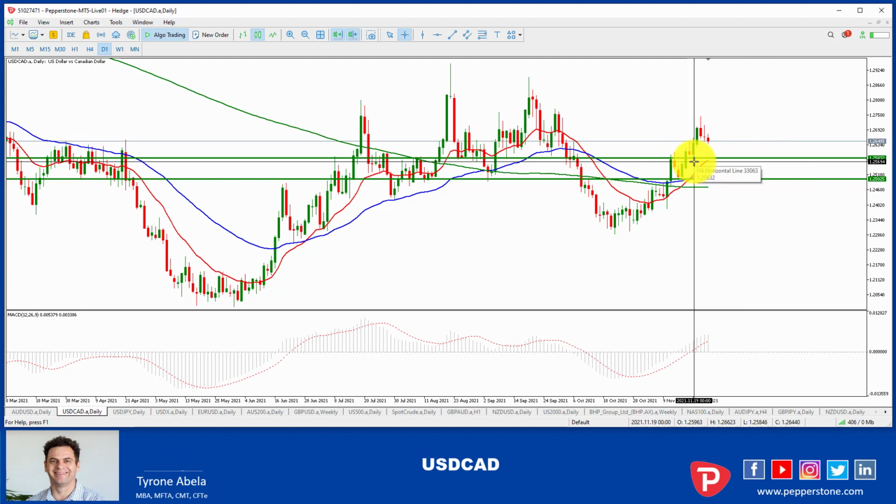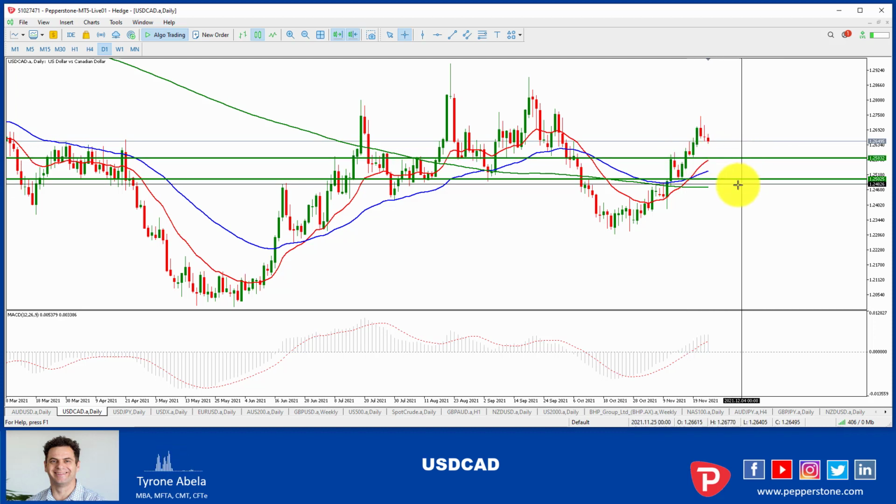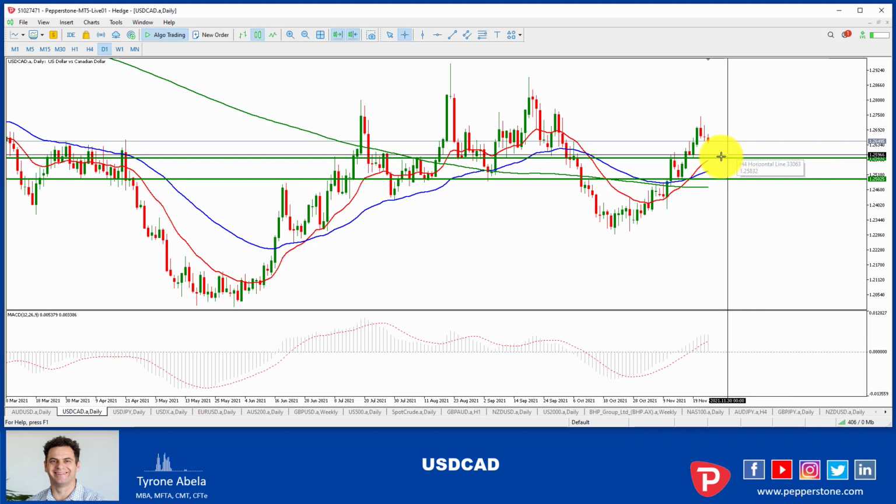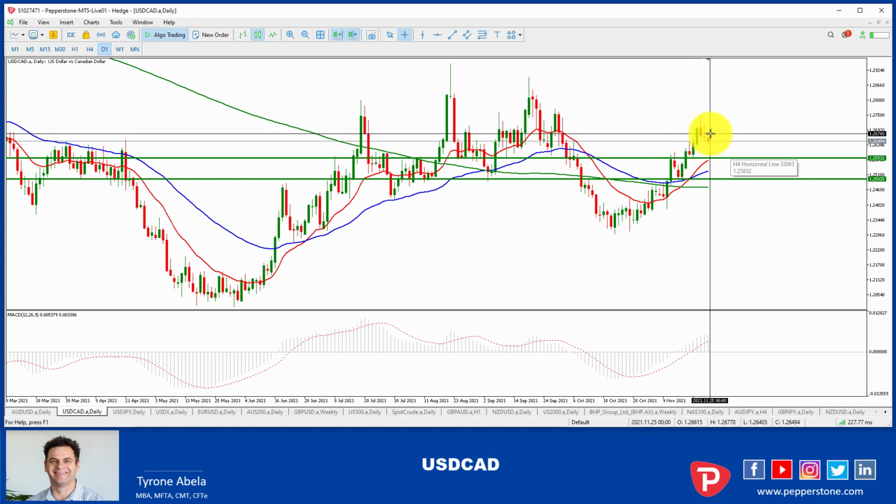Now, the best pullback, if I wanted to actually write my script for this, I would want it to come back to the 125.80, which is this zone here. That would coincide, hopefully, with a 20 moving average touch if it did it quick enough. That would be a fantastic reload zone. I'd be very excited about potentially getting in at that level, but it's got a little bit of work to